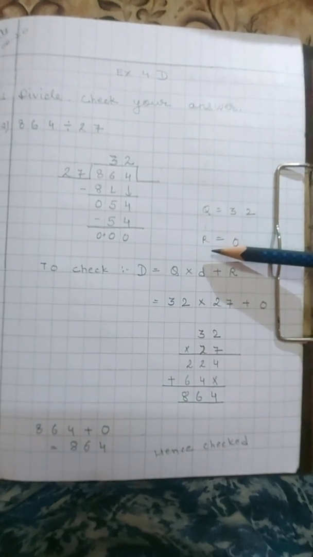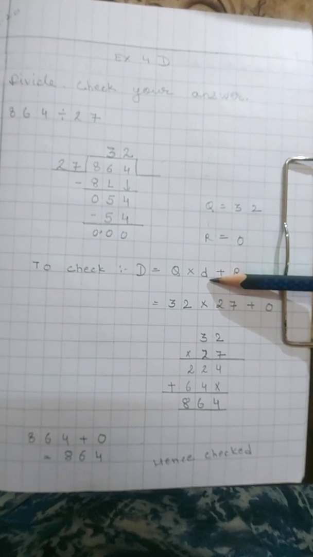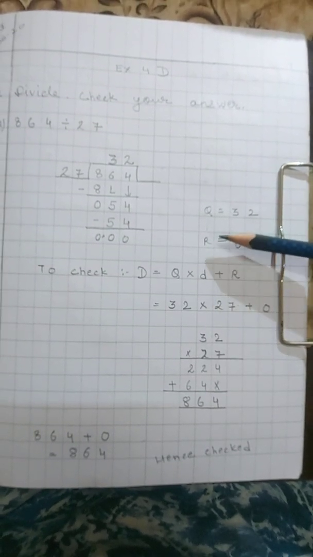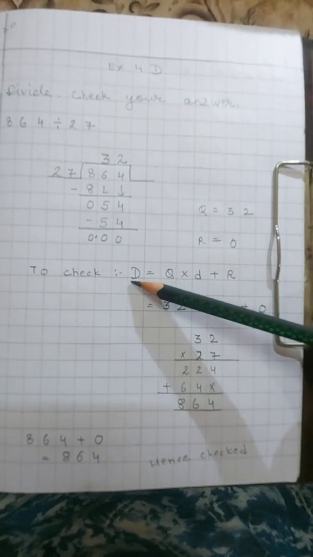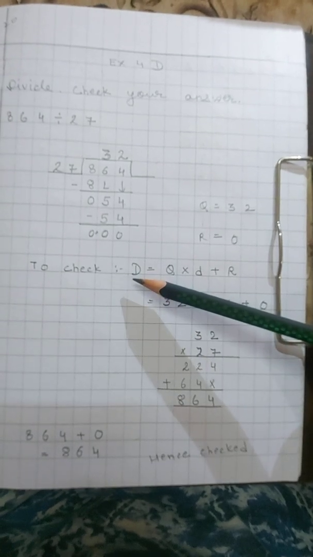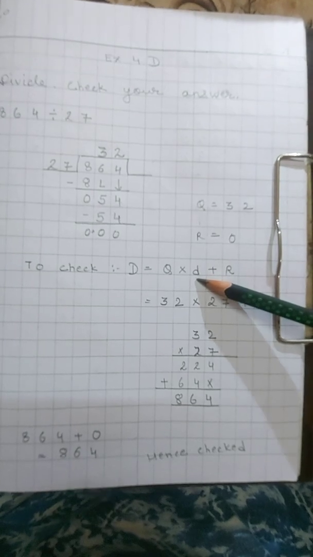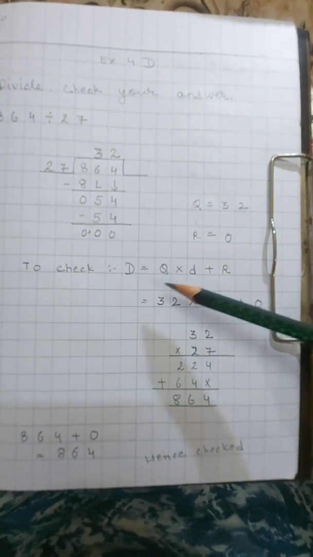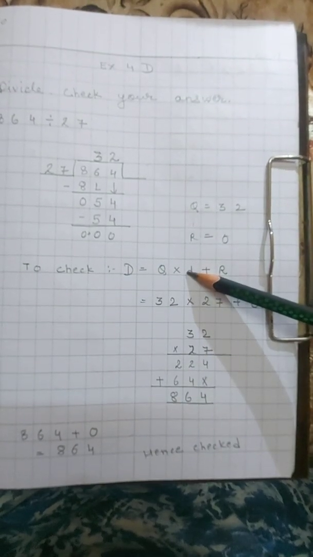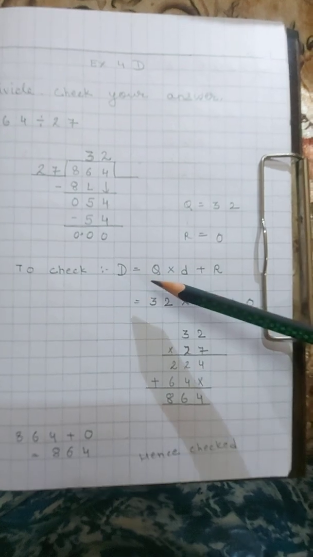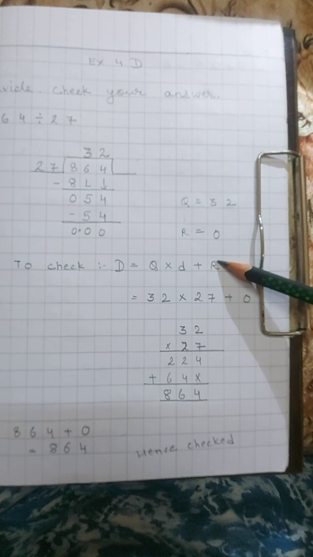Now the interesting part, where we are going to check that the quotient and remainder are correct after multiplying. First we will see what the formula for checking is. This is the shortcut of dividend. I have written D is equal to Q for quotient, and small d for divisor, so that you don't get confused about what the D's denote. The bigger one denotes dividend and the smaller one denotes divisor. So dividend is equal to quotient multiplied by divisor plus remainder. Here we don't have a remainder.